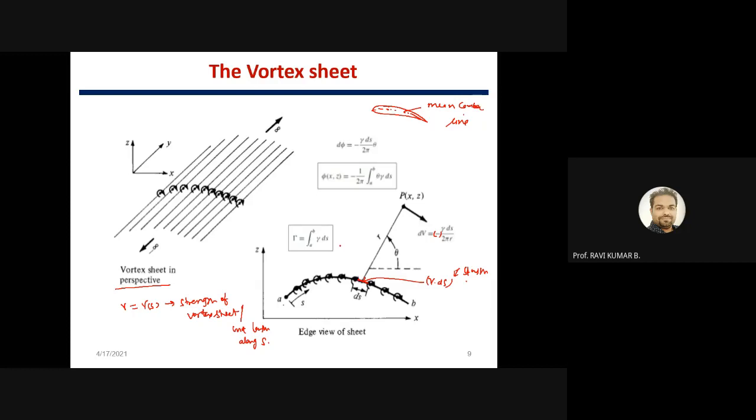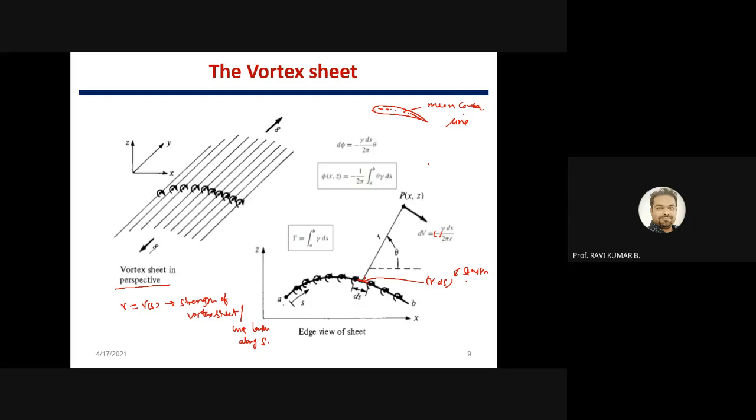Clear? So now we need to find the velocity potential function from this velocity, which is given here. You can find the velocity potential function from here. So d phi is equal to u theta times the distance, usually we say. We already know that u theta is gamma ds upon 2 pi r. So u theta in terms of phi, how can you write it? I gave you a relation.